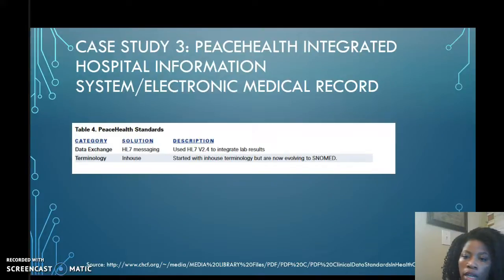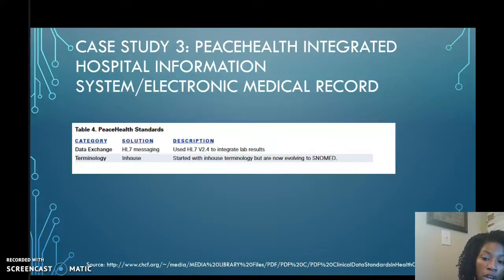Case Study 3, PeaceHealth, which is a Catholic health ministry that operates an integrated delivery network, also known as IDN, with 6 acute care facilities in Alaska, Washington, and Oregon. The organization also has 350 employed physicians. The venture objective was the formation of an automated group health record that was interoperable between offices over the